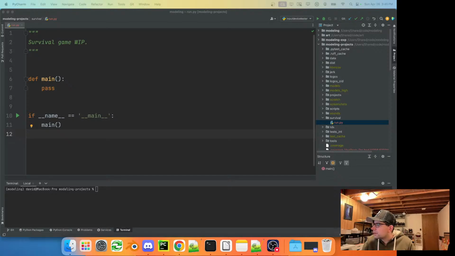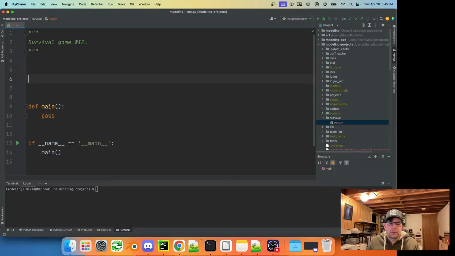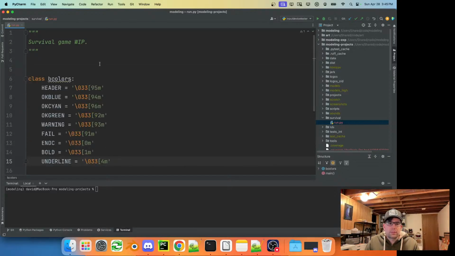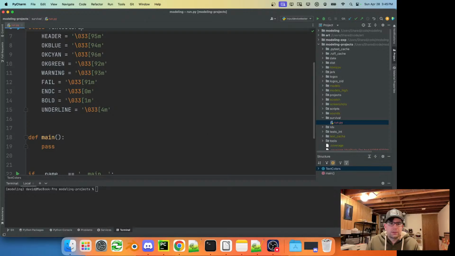I'm going to try to avoid using extra modules that we don't need. So let's see if this works.